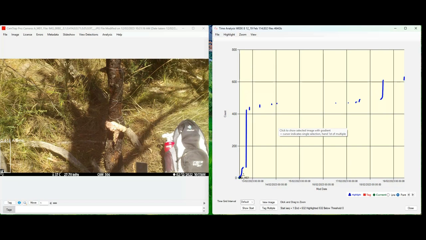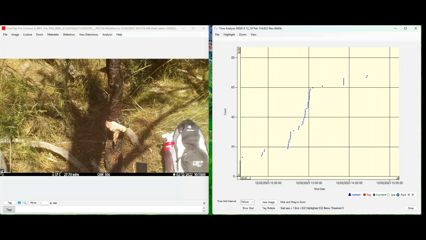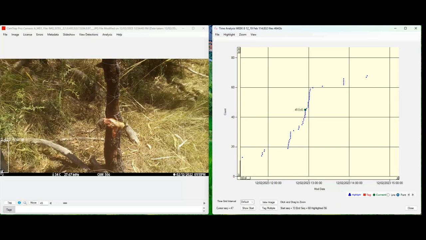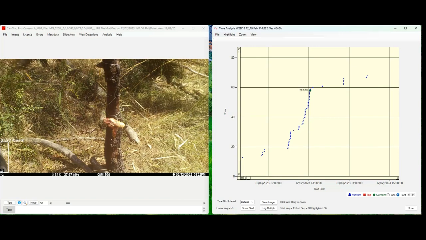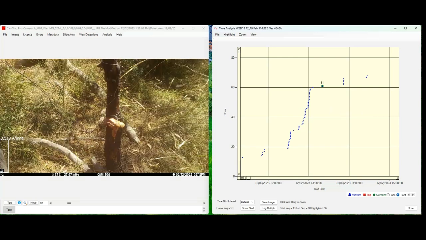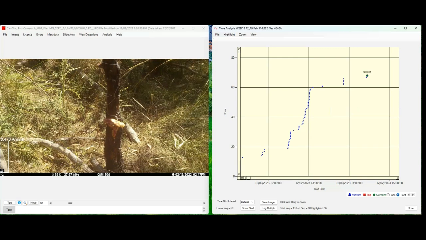So the first thing to do is to have a look at it. So in order to do this, we draw a zoom box around the blue areas on this count versus time chart. And here you can see that as we click through, most of these detections, which don't form a vertical line, just show something in the corner there which is a false detection of an animal. But here we've got a few that do show a vertical line, but they're also false detections. So it looks as though we don't have anything to tag from this first group. So we'll zoom out again